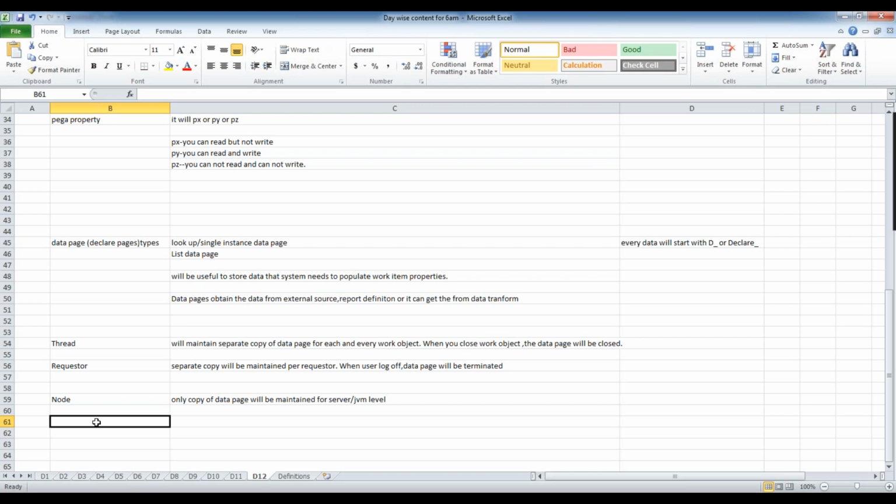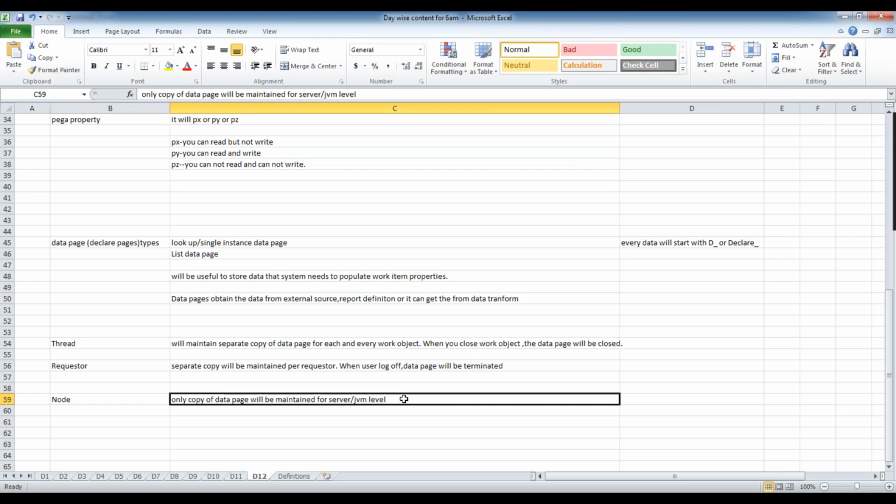You are maintaining one copy only, and all the connections will go to the same copy. Here the life of the database is not until you log off, but until the server is down or the JVM is restarted; only then will the database be terminated.